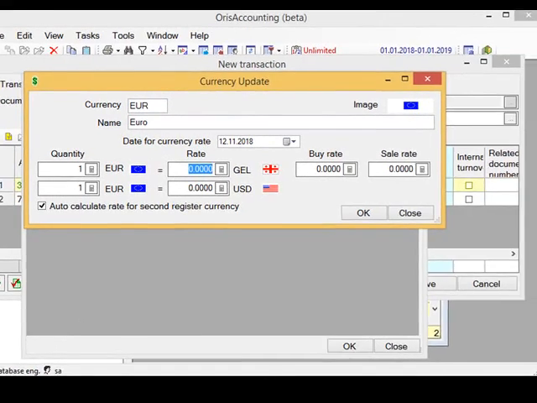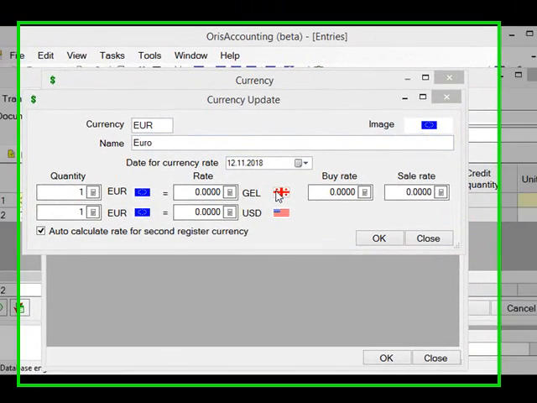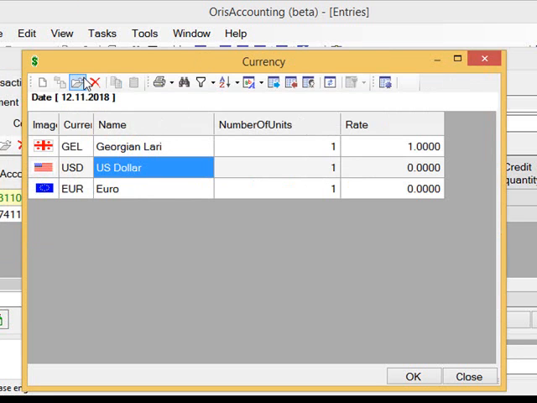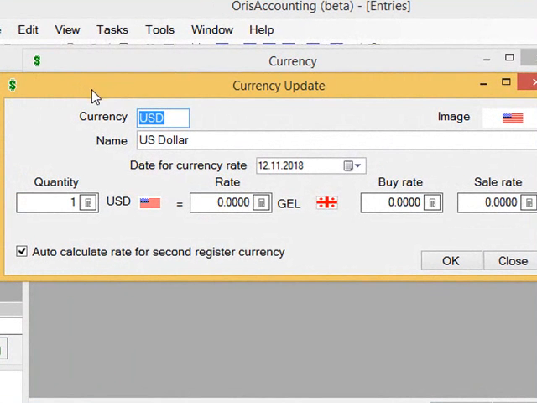Pay attention to that there are two base currencies in the system, lari and US dollar, so you have to specify exchange rates not only relative to national currency lari but also to second registered currency. We recommend you to specify exchange rate in second registered currency at first, so let's specify exchange rate US dollar to lari. Take for example